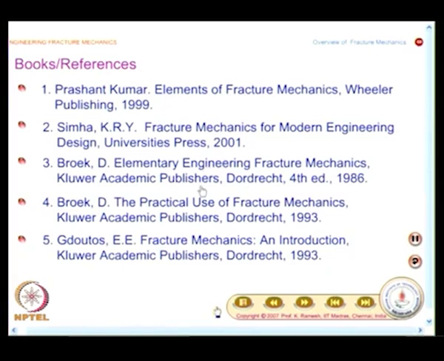And there is also another important book by Broek, The Practical Use of Fracture Mechanics. So, in all these references, you please write the name of the author, the publisher and year of publication. That would quicken up your writing of these references. The title you can always find out from the internet. Then the other book is by Gdoutos, Fracture Mechanics: An Introduction, and each one of these provide you different flavor